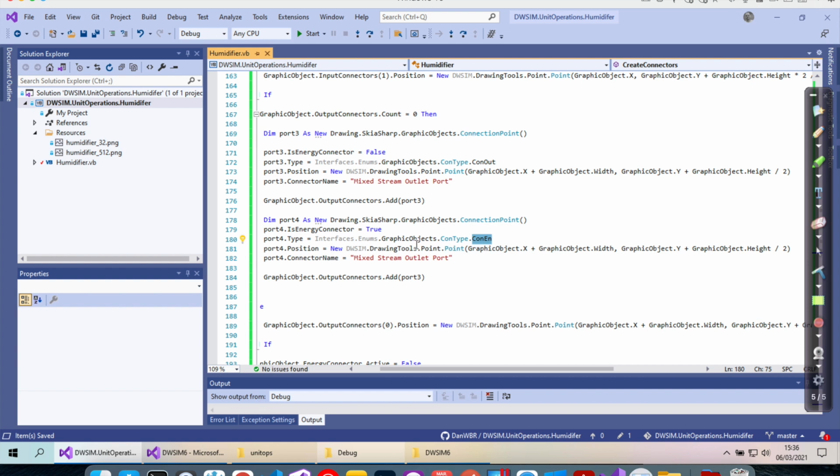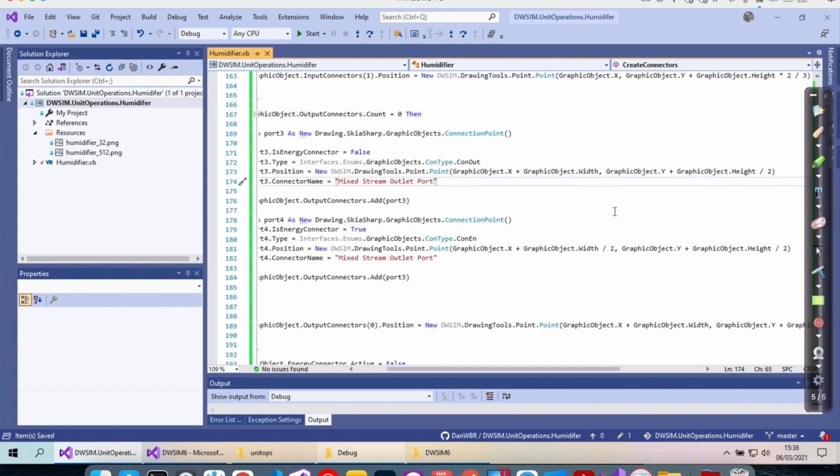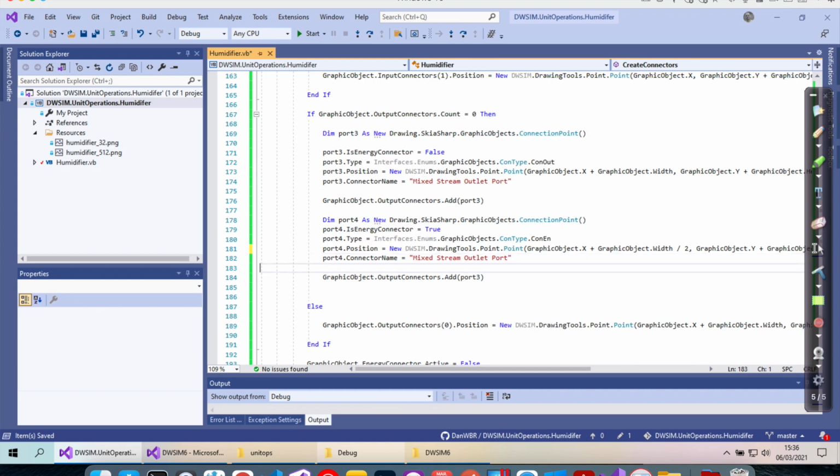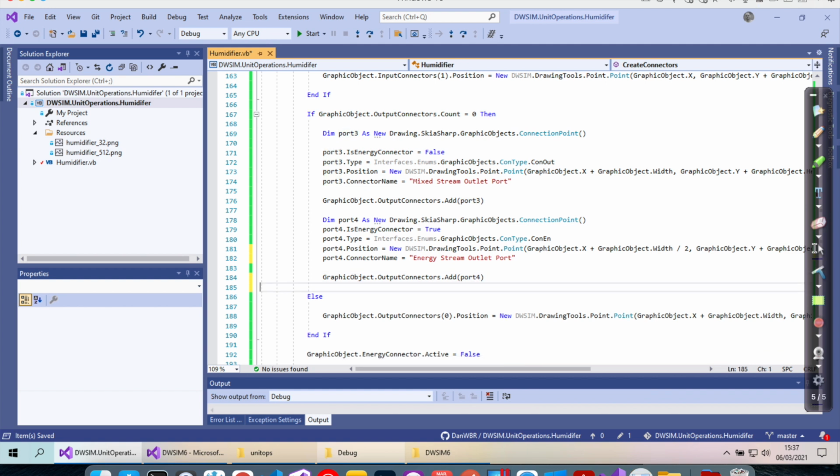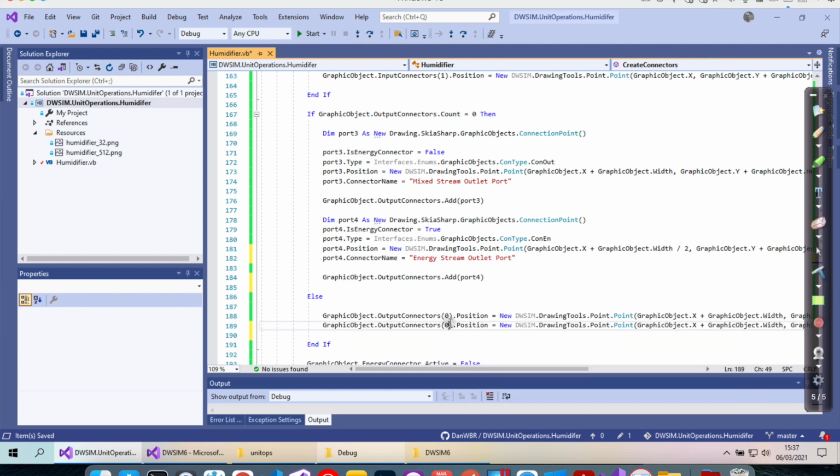So the coordinate of this port will be x. We will put it at the bottom of the humidifier, just like the power cord. Y plus height. Okay. And this is the energy stream. Yeah. And we must set its position to